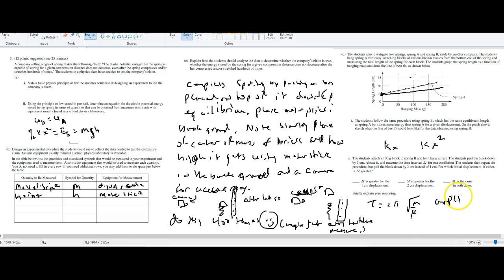Amplitude does not matter. Pull it farther, it goes faster, right? Because it's being pulled harder. So delta T is the same in both cases, and that's my check. I think that actually finally finishes this monstrosity off. Sorry about that earlier problem with the